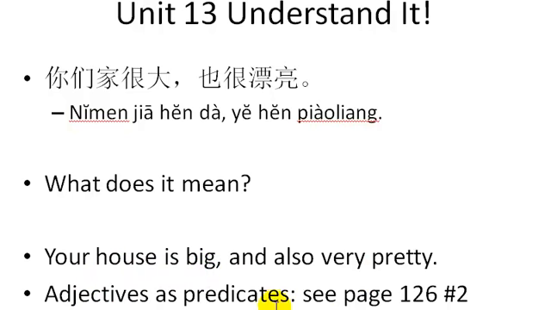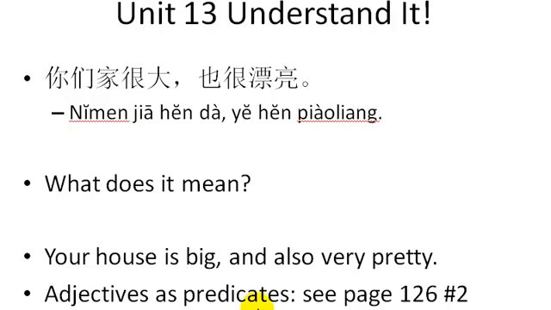Okay, and so in your textbook on page 126, grammar point number 2, it talks about adjectives as predicates. Okay, if you remember grammar, every sentence in English, or simple sentences, are subject and predicate. And the subject is, for example, a person, place, or thing. My house. That's the subject. Is very big. That's the predicate. And predicates in English are verb phrases. Obviously, if they're a verb phrase, it means there's a verb in it. And in this case, my house is very big, the verb is 'is'. Okay? But in Chinese,